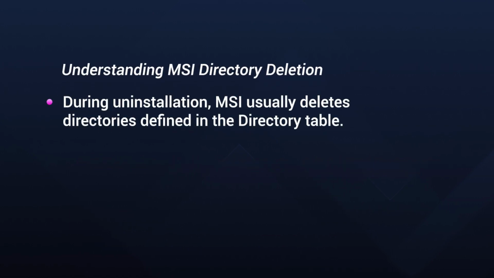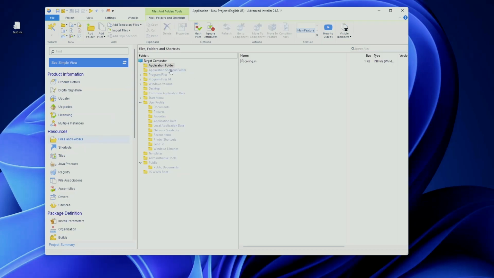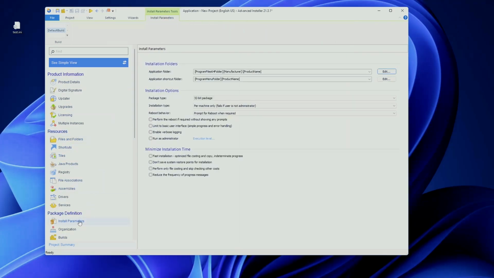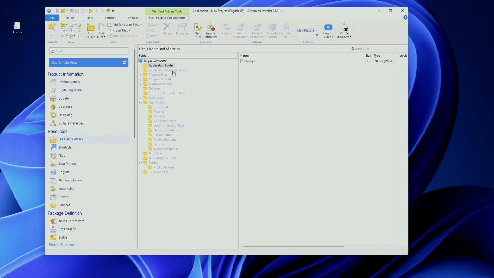Now, during the uninstallation, MSI usually deletes all the directories which are defined in the directory table. However, directories created outside of this table can get left behind. For example, if I have my simple application folder which is installed in Program Files, manufacturer, product name, which in this case is going to be Program Files Alex application, during the uninstallation this folder structure will be deleted. But